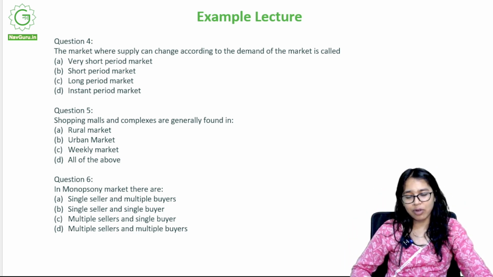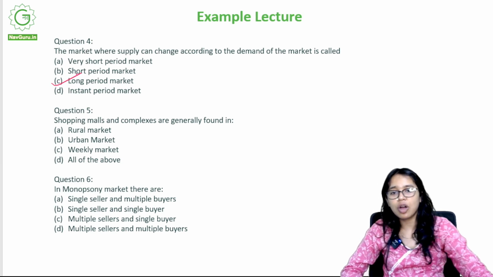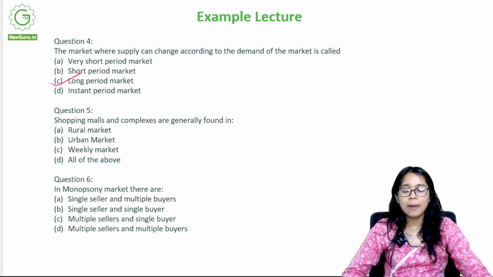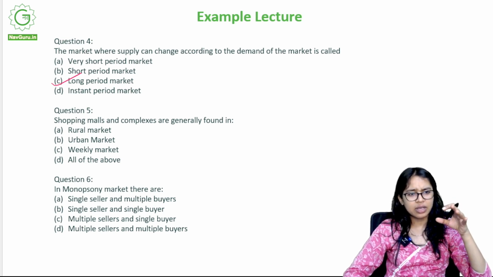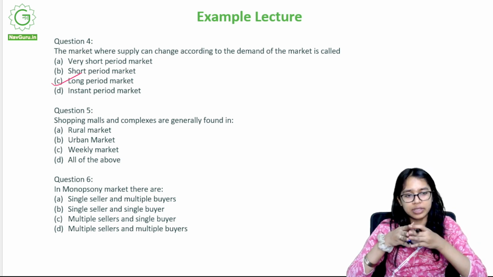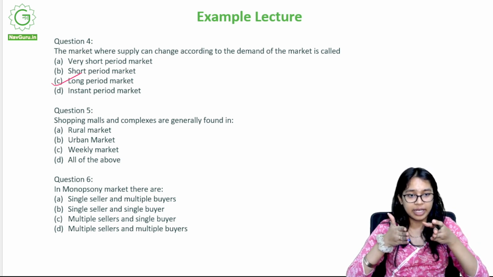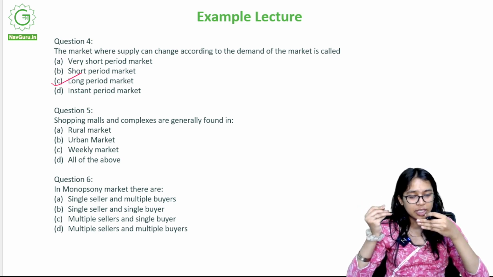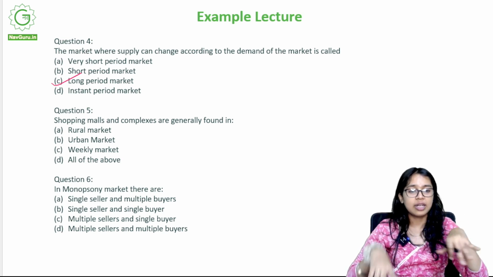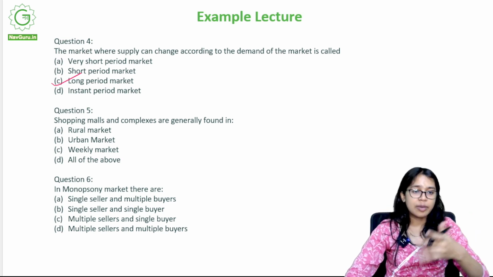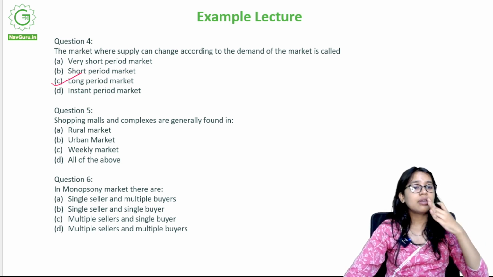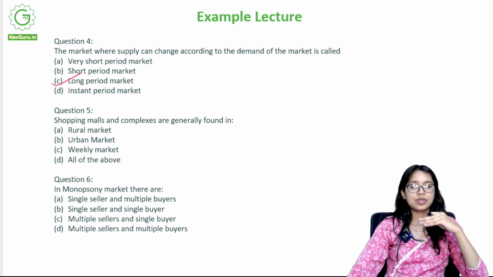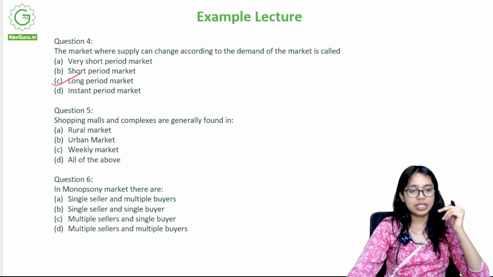And what examples do we have of long period markets? The examples that we have of long period markets are businesses which are based on automobiles. So if a certain car is not in demand for some time, the supply can reduce over time, right? And that is only possible in a long period market, because you need to assess that this is the demand and that it's decreasing or increasing, or we need to make more such devices, more such appliances. So accordingly you can look at it from a long period market point of view. It is something that operates for years and years.